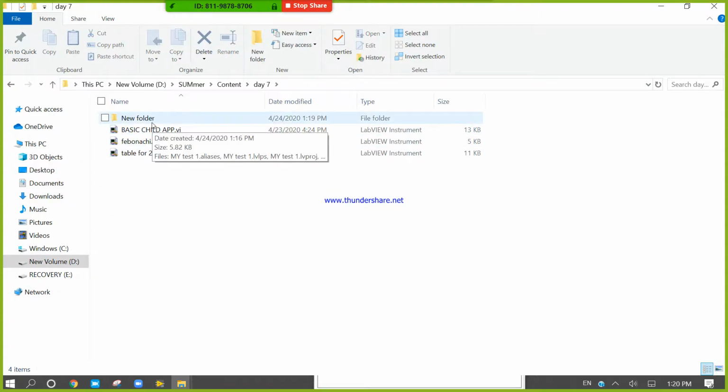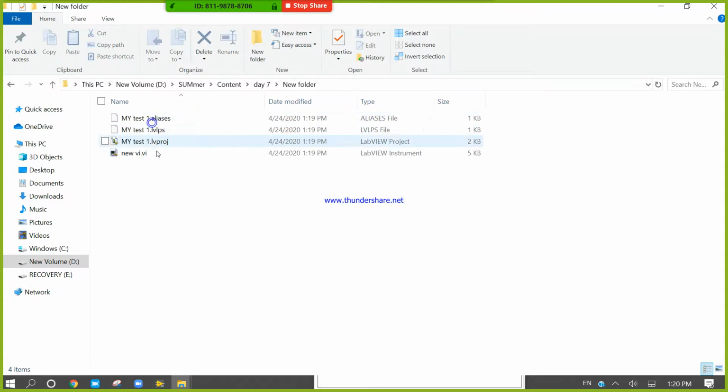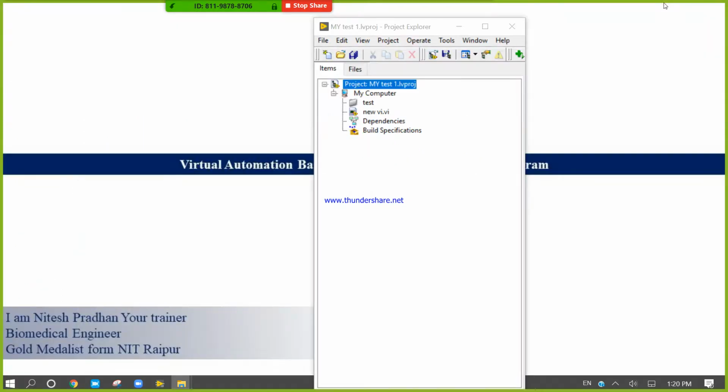Okay, new folders. Inside the new folders, there is one .lvproj present. One new vi is present. Okay, these are the libraries. We can say they are dependencies. Okay, let's see how we can do it.